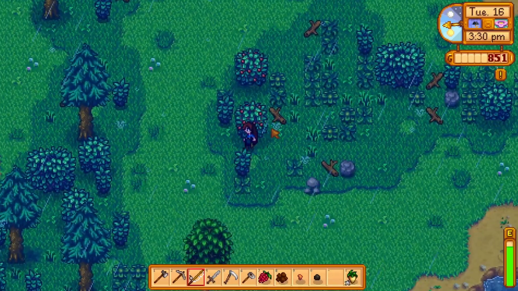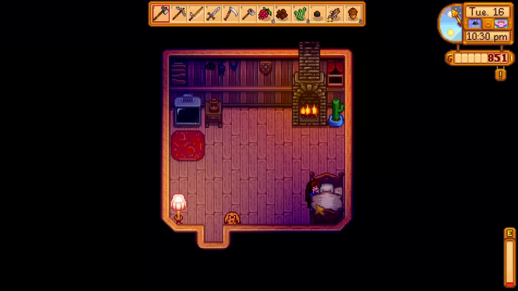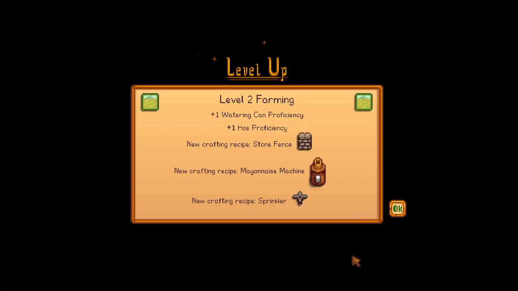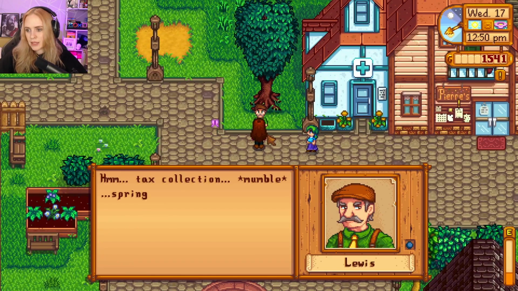I spent the rest of the day harvesting some salmonberries and did some light fishing before heading back to the cabin. The day wasn't a total loss though. I did manage to level up to level 2 in farming and level 2 in foraging, so not a total waste. On day 17, I ran into Lewis, who was mumbling about tax collection, which honestly sounded super boring, so